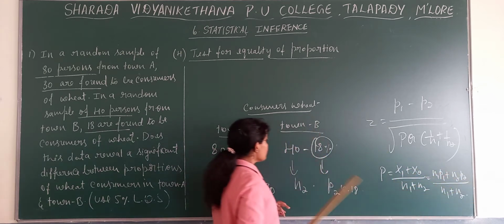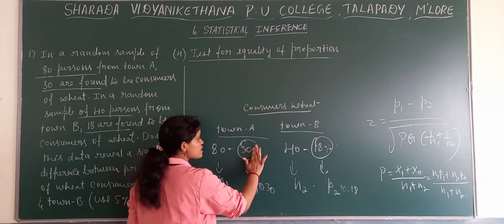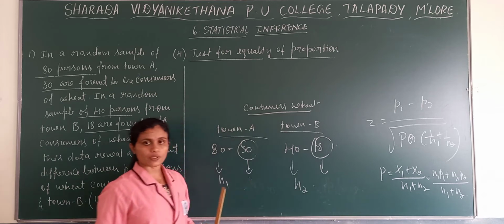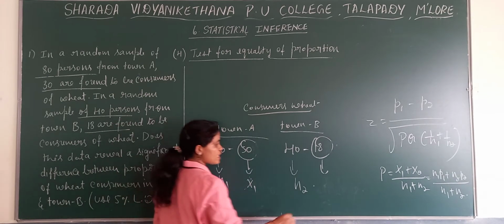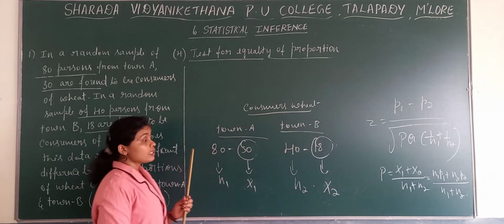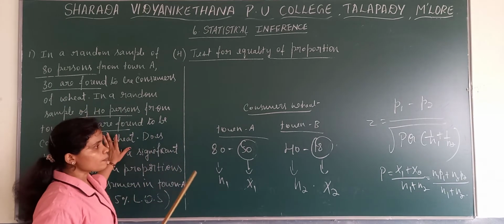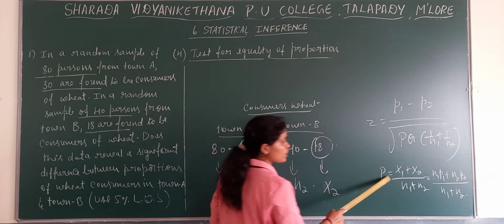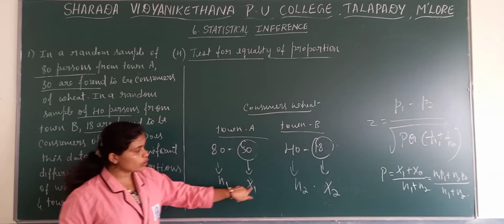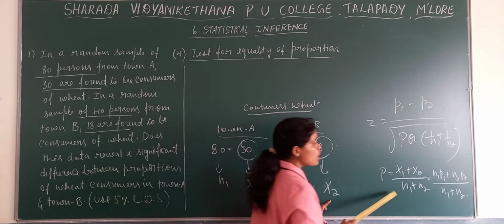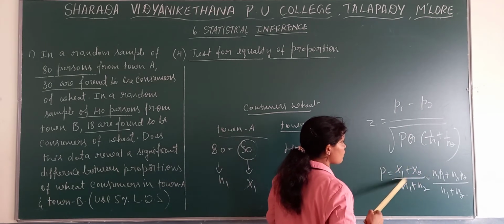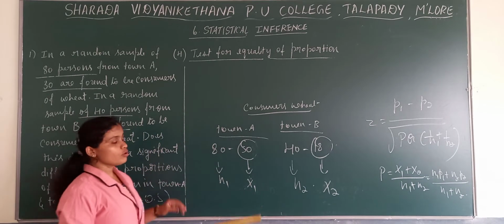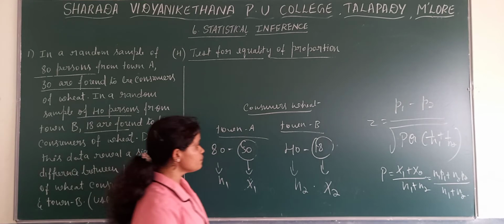But when we have x values, when it is not in percentage and is given in the form of numbers, then we consider this as x1 and x2, like how we got in this particular problem. In such case, in order to find p, we take this formula, because we know the values of x1 and x2 here. So this is about this particular problem. Now we'll solve this problem.